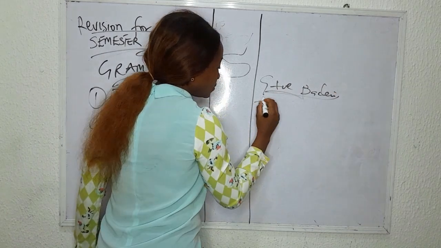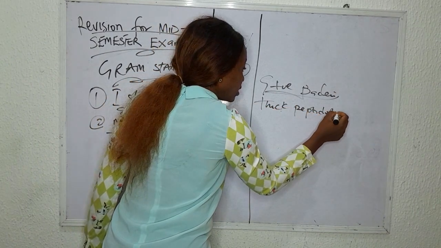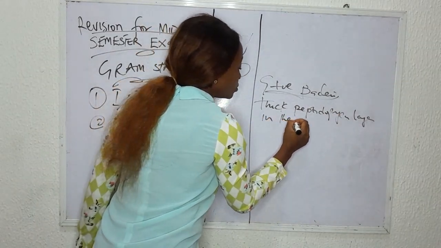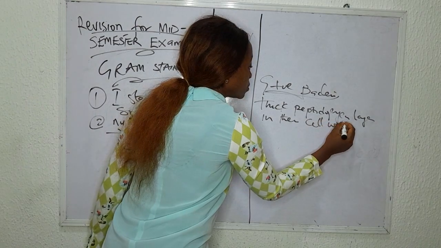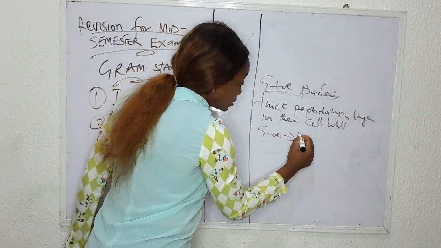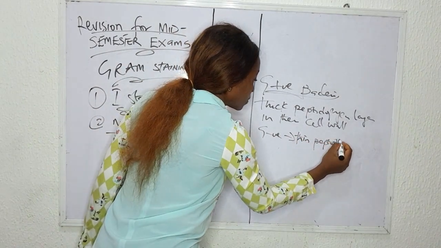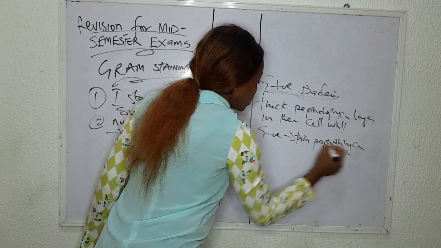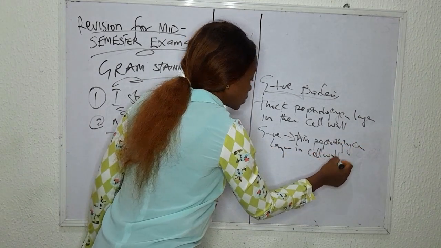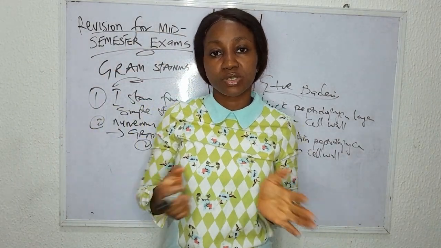These organisms have a thick peptidoglycan layer in their cell wall. While the gram-negative organisms have a thin peptidoglycan layer in their cell wall. So yes, the presence of this peptidoglycan layer is what we use to differentiate these organisms